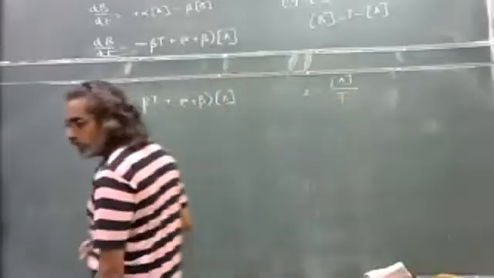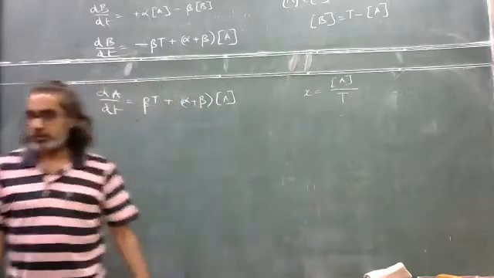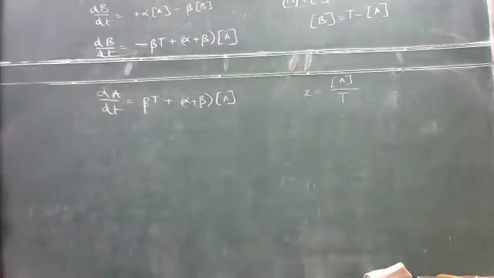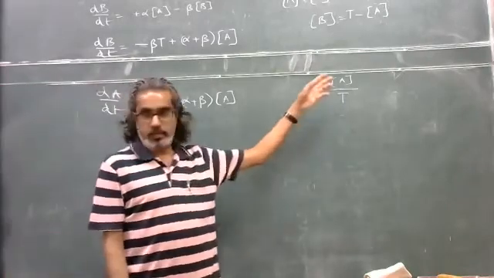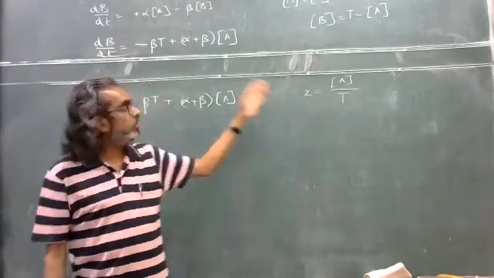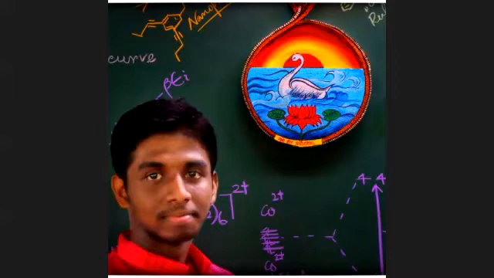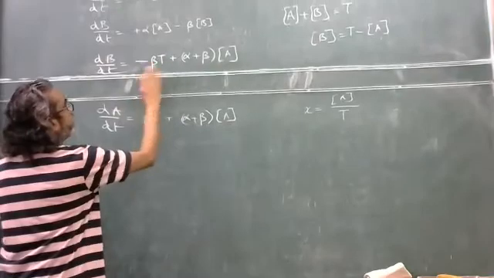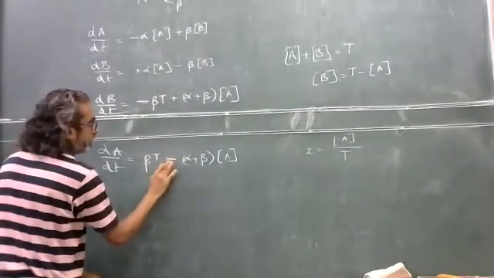Let's say the total concentration of A plus B is T. So then what is the fractional concentration of A, which can vary from 0 to 1, where 0 means that A is not there and 1 means that the entire population is A. Sir, in the dA by dt there will be a minus sign, minus of alpha plus beta. Yeah, if dB by dt is minus and plus, then this should be plus and minus. My apologies.